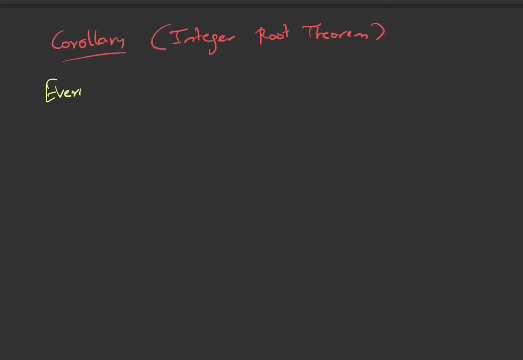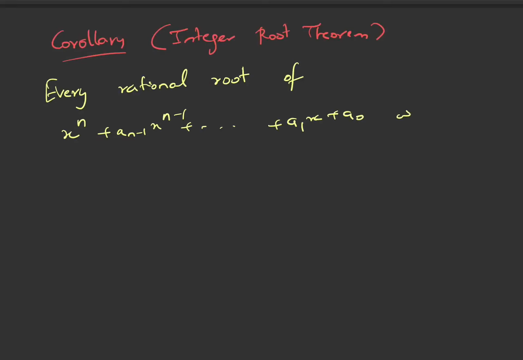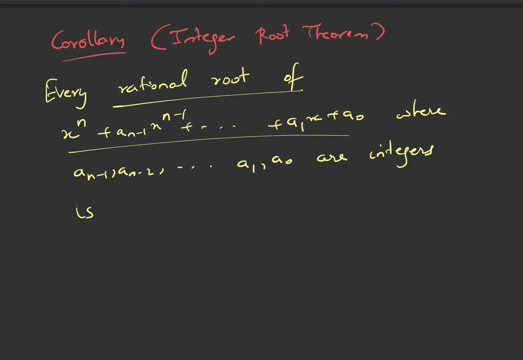What this says is that every rational root of x power n plus a n minus 1 x power n minus 1 and so on plus a1 x plus a naught, where a n minus 1, a n minus 2, a1, a naught are integers, right? So every rational root of this equation is an integer,